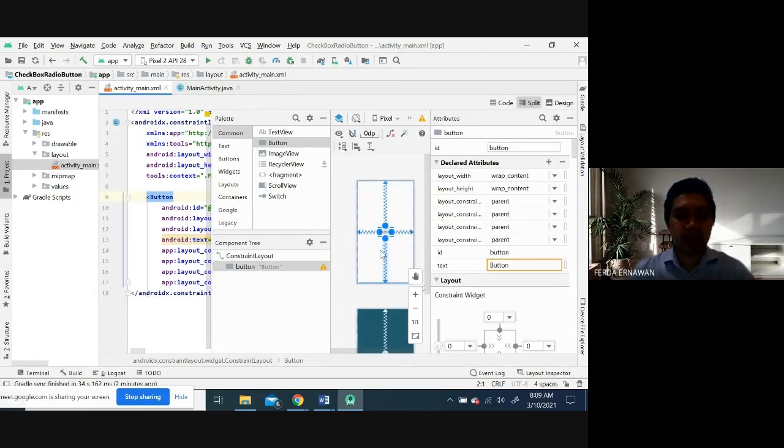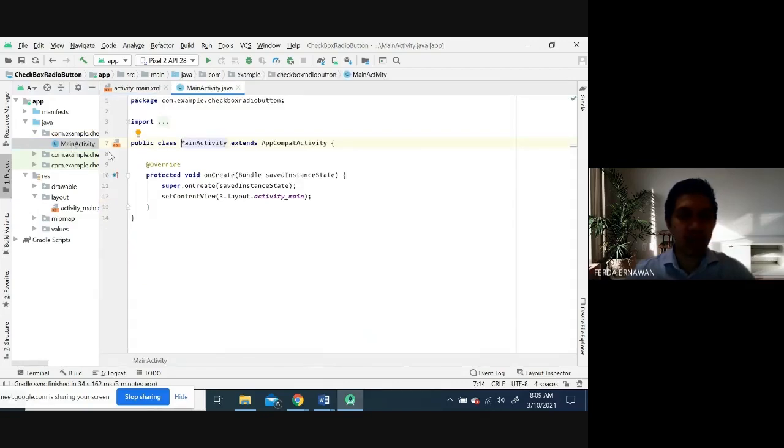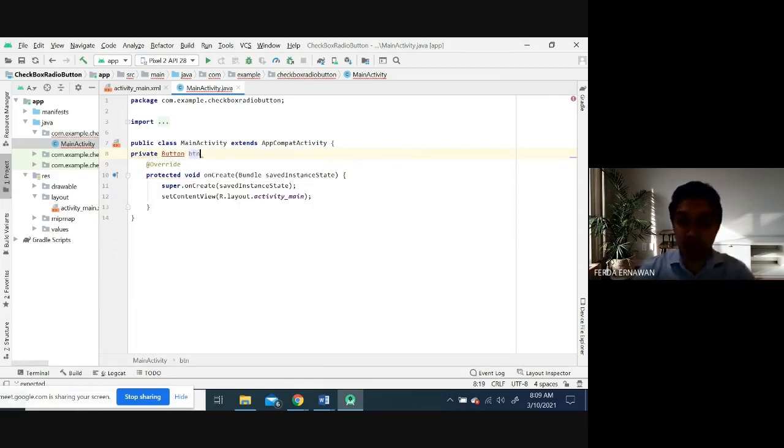The second step, I have to create a link between the XML file, this is your design, to the Java file. So I can go to the Java, main activity. Then I have to declare here private Button, for example, this is your variable.